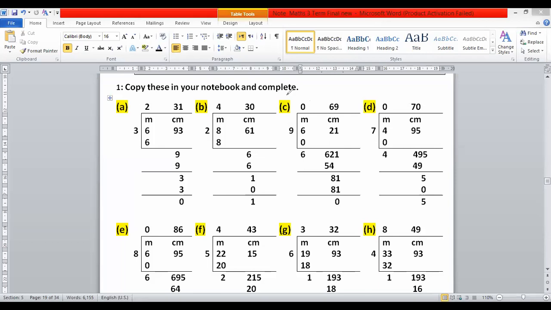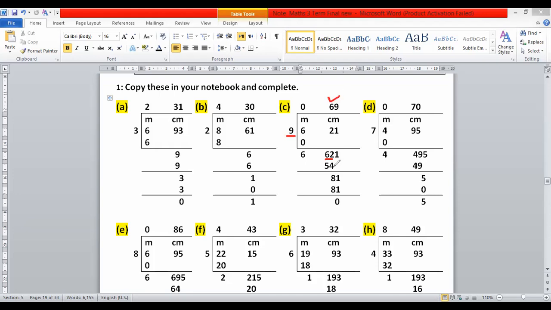Dear students, I am going to repeat all these steps again. Here we have 6 meter 21 centimeter divided by 9. So 9 times 0 is 0, 6 minus 0, 6. 6 meter means 600 centimeter. 600 plus 21, 621. Now we divide these centimeters. These are total centimeters, 621. After that, we will start division from 62, because we cannot divide 6 alone, since 6 is smaller than 9. Therefore, we take 62 first. Now 62 divided by 9.